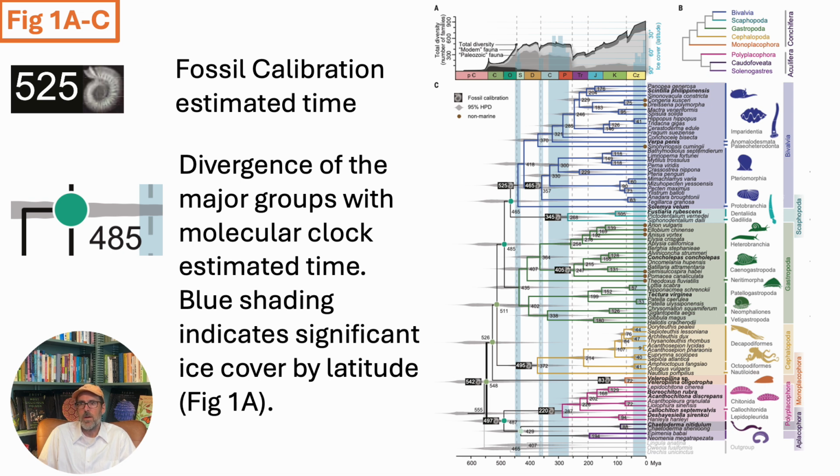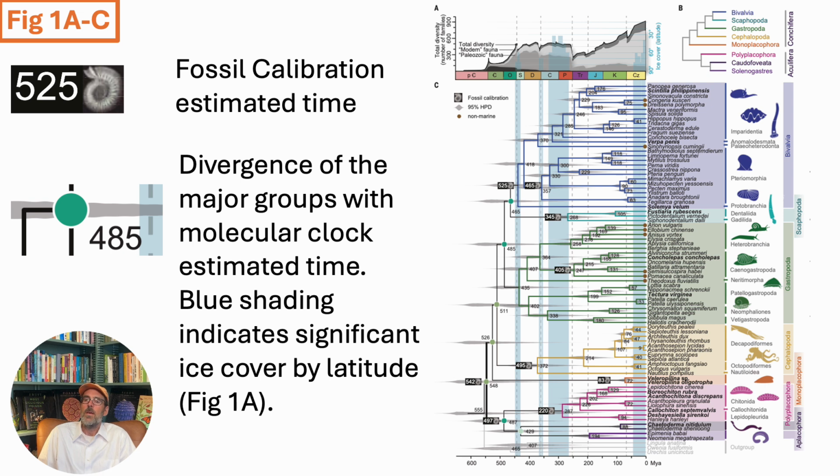This particular phylogeny is calibrated with fossils, which helps pinpoint the divergence times of some of the nodes. Those are noted by a black square with a fossil trilobite or some mollusk of some sort in there and a number, 525. You should be aware that that is in the Cambrian. That particular node is on the left-hand side of this phylogeny, and if you look closely, you'll be able to